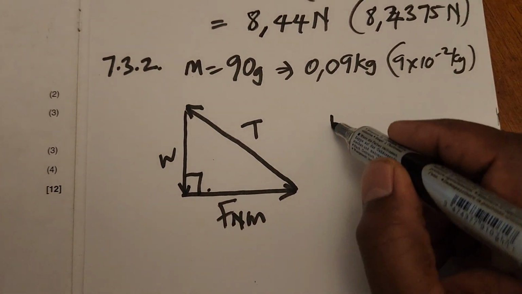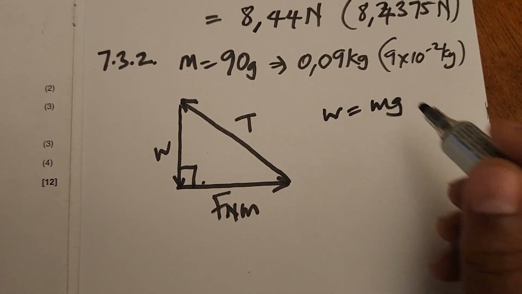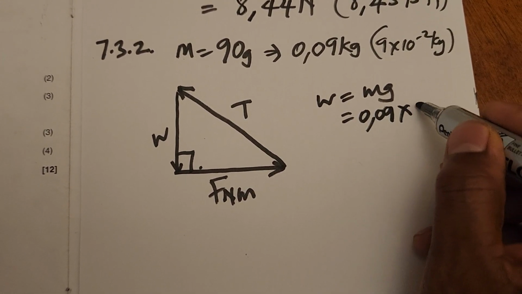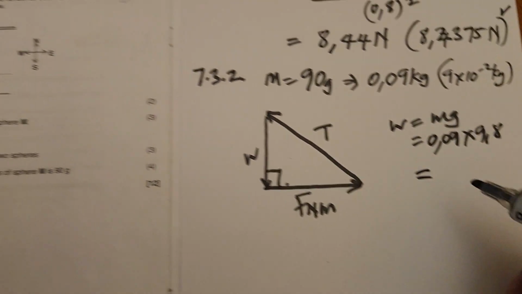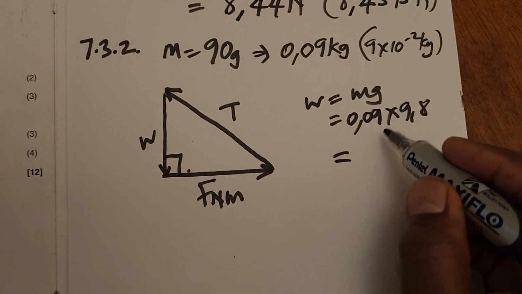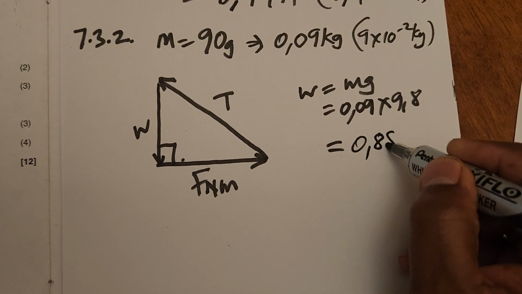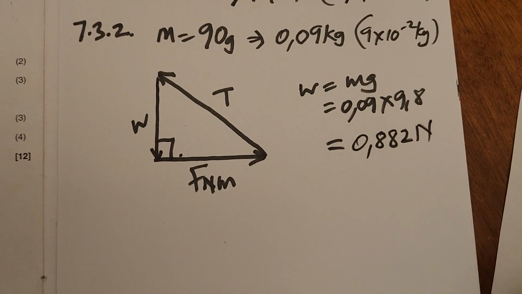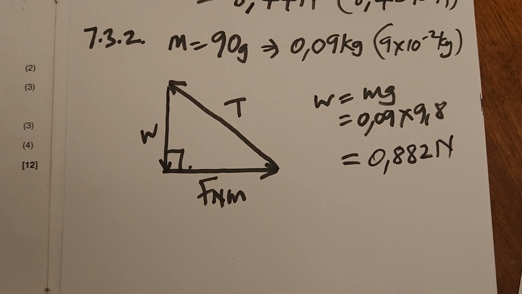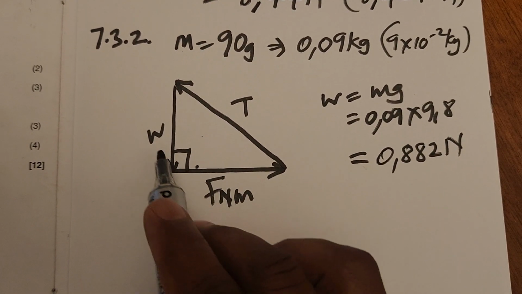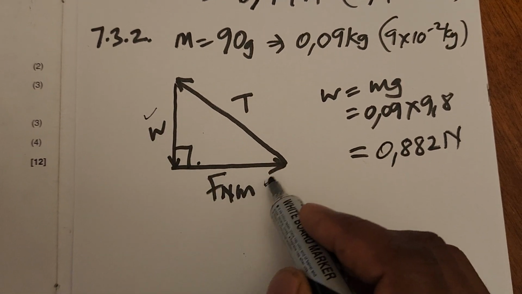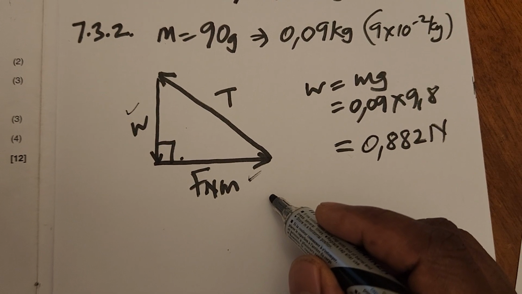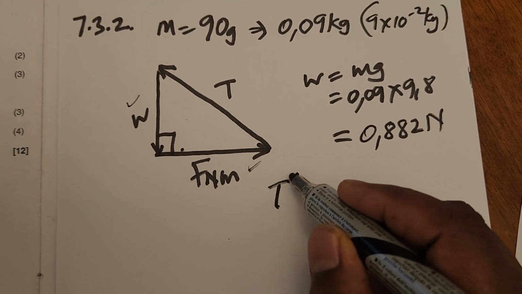Let's find what will be the weight. Weight equals mg. We know that one. Mass is 0.09 multiplied by 9.8. Therefore, the answer in this case, you get 0.882 newtons. That is the weight. Then from here, we can use Pythagoras to find the answer now of the tension. If we know this force and this force, then we can know the hypotenuse using Pythagoras. Therefore, T squared